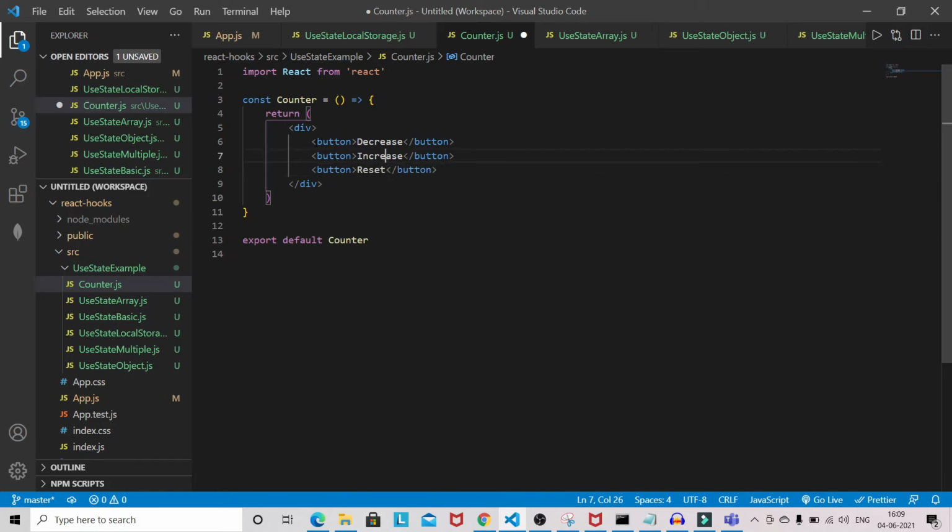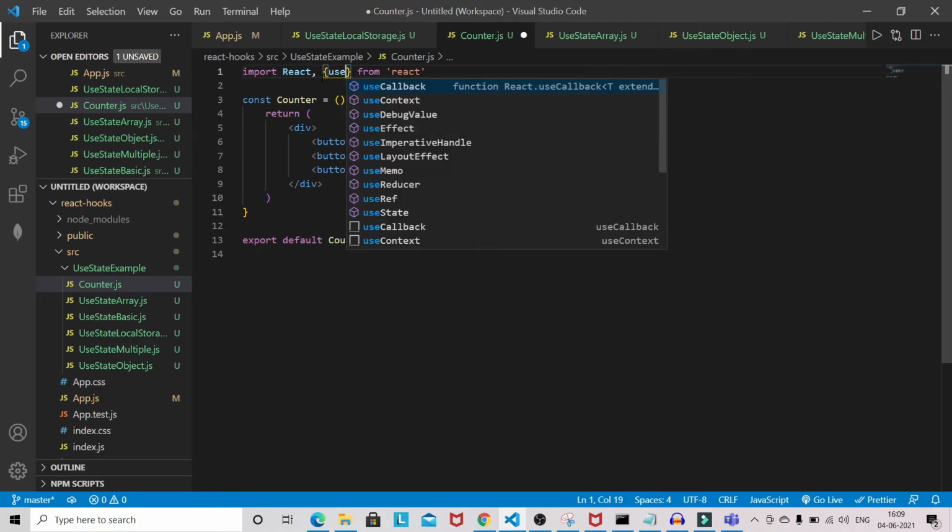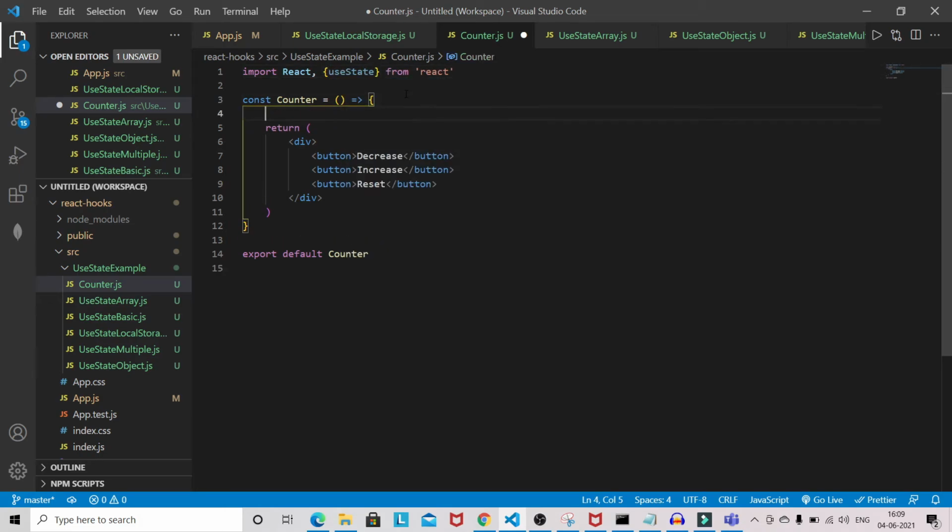Okay, and from React I will use the useState, value, setValue, useState, and initially it will be 0.